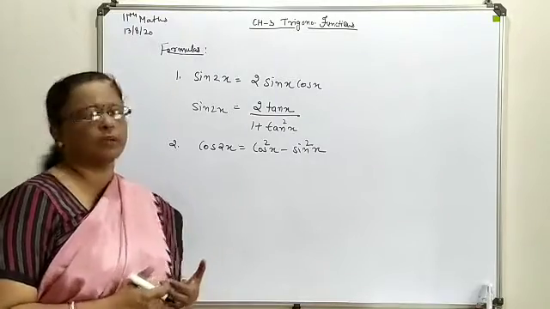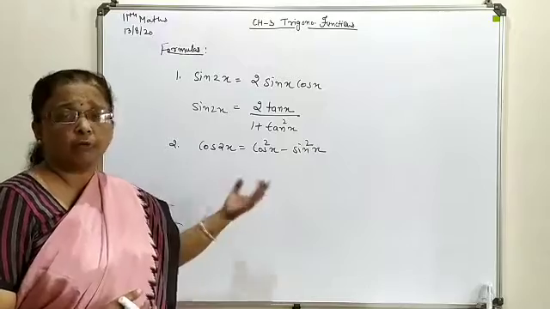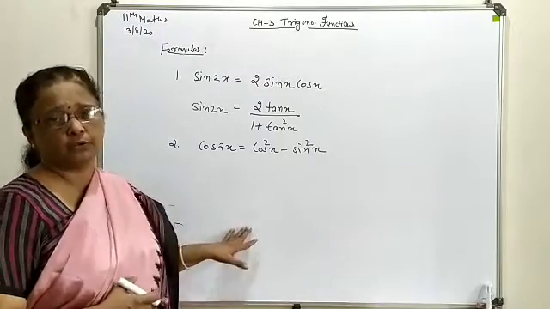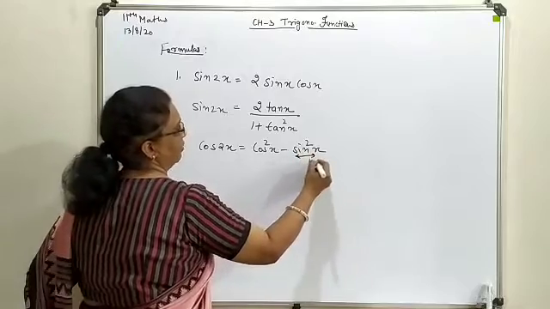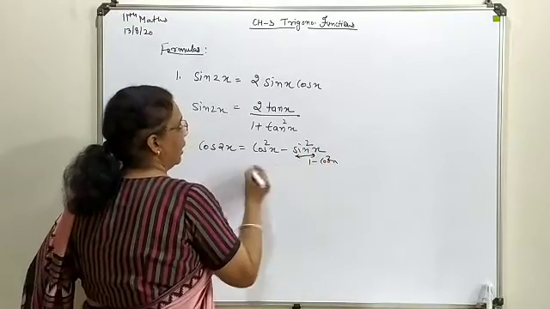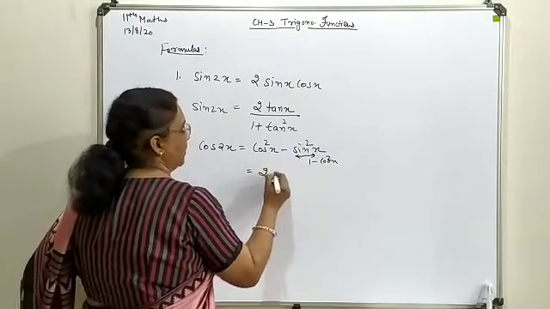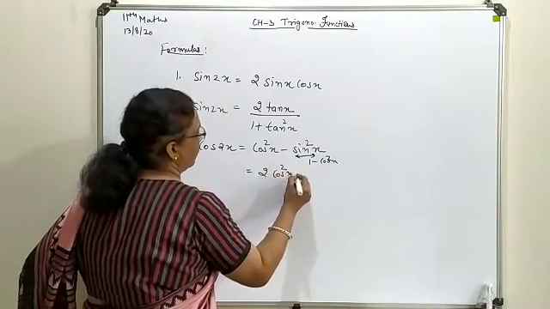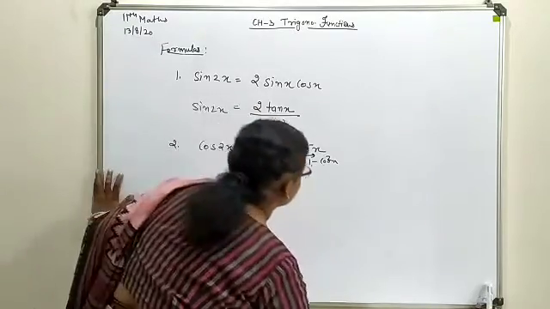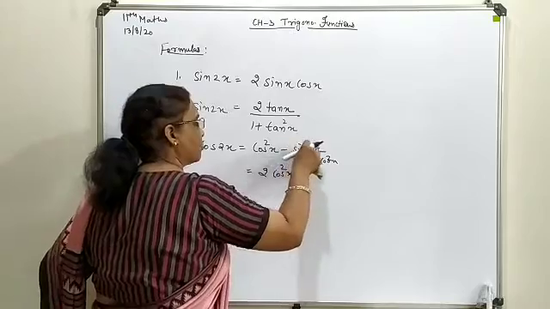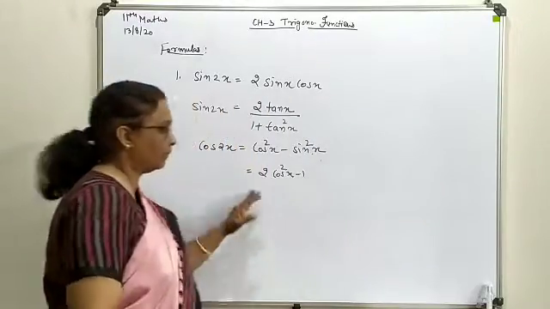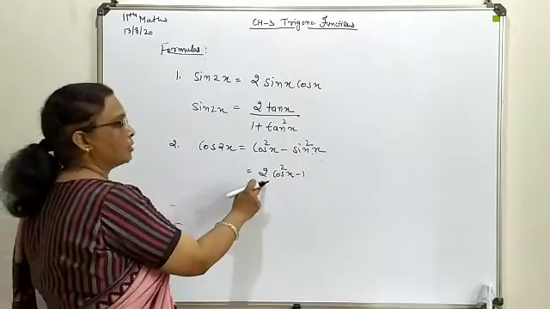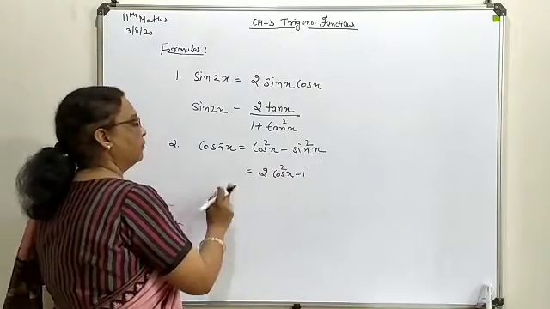So every time we are not going to change the formula form, only keep the formula in mind. So when we write this sin square as 1 minus cos square, your formula will be produced as 2 cos square x minus 1, and this is the second form of cos 2x in terms of cos only. Okay, so this is also one of the important forms. One more form is there.